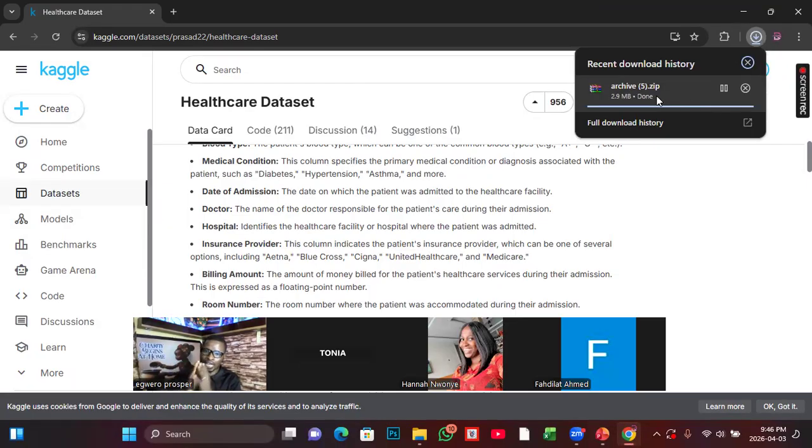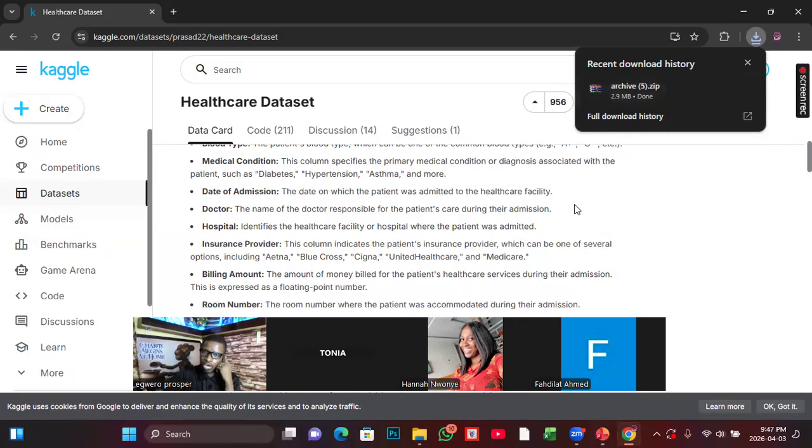Now, the last thing we are going to learn tonight is this: most of the data, if not all, that you download from here will always be an archive or zip data. So you must know how to unzip the data. You must have either the default Windows file unzip program, or you download WinRAR. WinRAR is the one that has this icon. Anything you download goes to your default download folder.